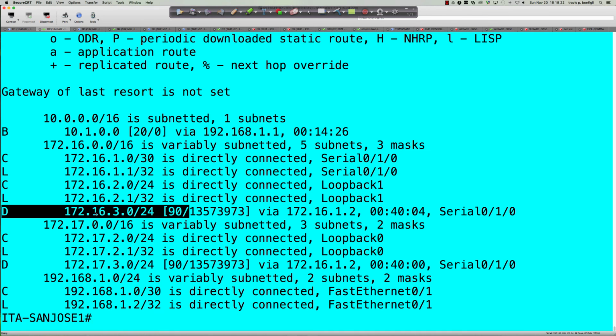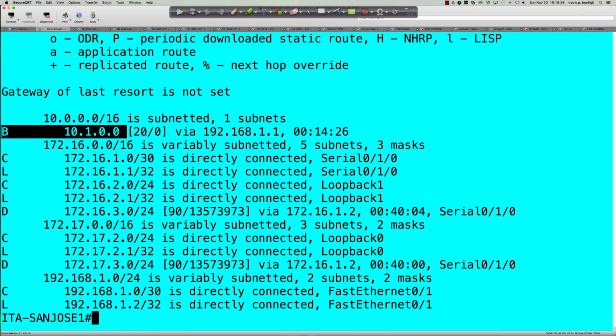which is why, with the administrative distance of 90 here on the EIGRP learned 172.16.3.0/24, that's why this is being installed into the routing table as an EIGRP route and not as a BGP route. The BGP route that we have is simply that